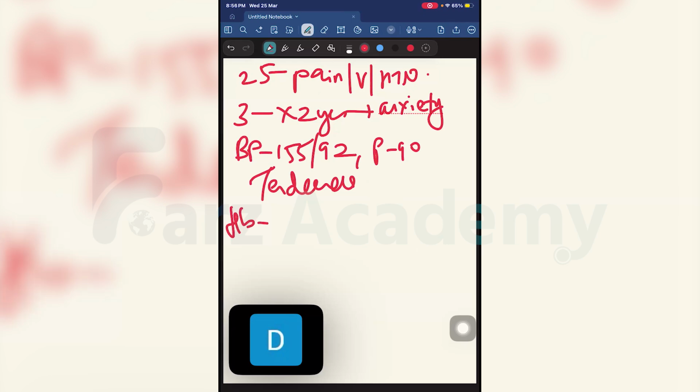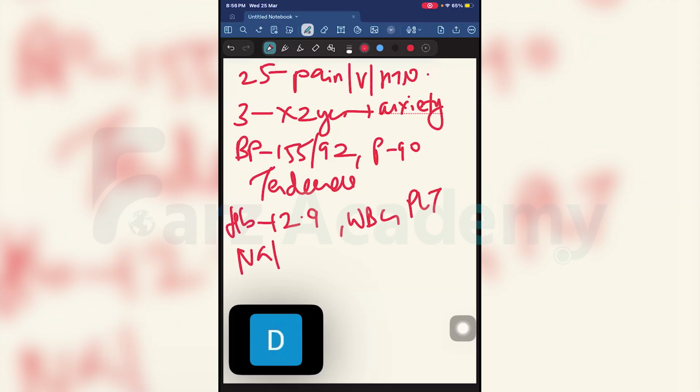Hemoglobin is slightly on the lower side, maybe you can take it as 12.9. Counts, WBC and platelets are okay, so there is no pancytopenia. Sodium and potassium are also okay. Creatinine is also okay, 95 micromoles per liter. You can take 50 to 120 as normal. On further routine testing, CT abdomen was also normal. There was no liver involvement or any intestinal abnormality. I ruled out intestinal obstruction for the severe pain.